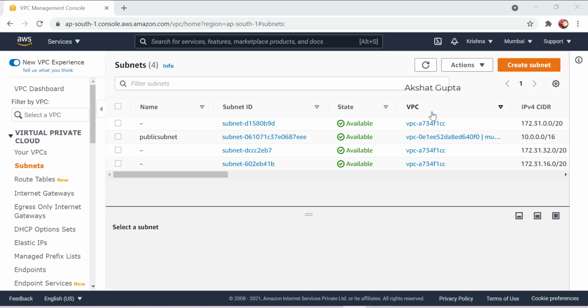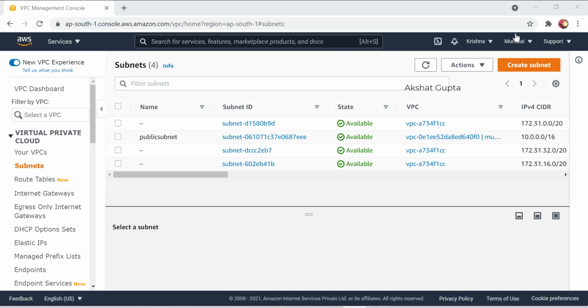Now you cannot create any more subnets. If you give a subnet the same IP address as your VPC, then you cannot create any more subnets, because the IP addresses you give should be within the same CIDR range. Since you have used the same IP address for one subnet, how will you create a new one? Different subnets need two separate IP addresses, but here it would be the same every time.